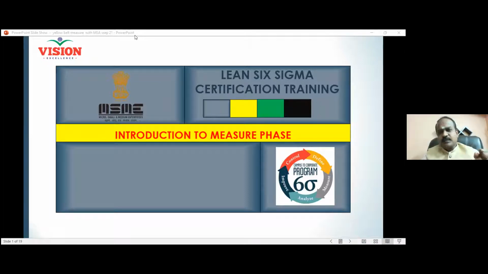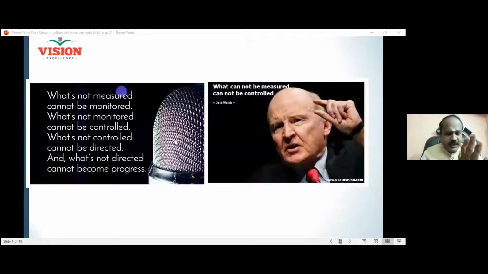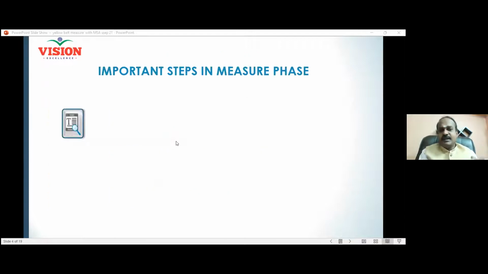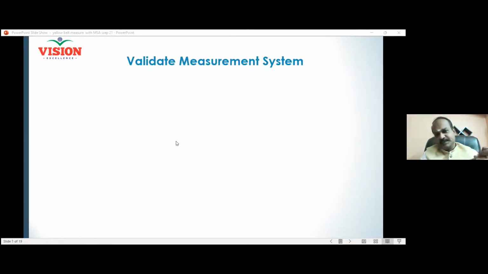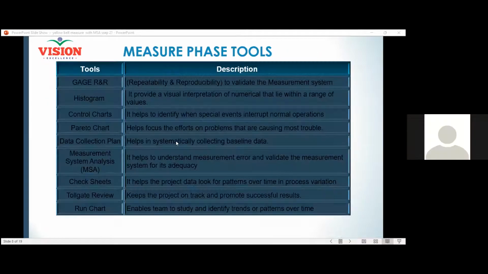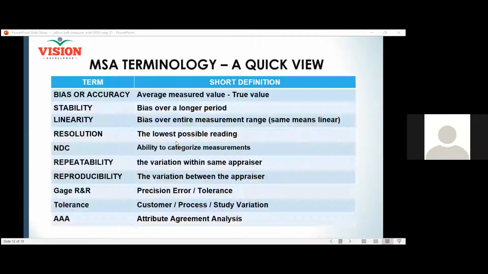Dr. Ravi has taught you. When you have the same part measured repeatedly 10 times, then calculate the average. Find out the difference between the average and the true value. The difference between the average of your readings and the true value is called what? Bias. So what is our goal? Bias should be